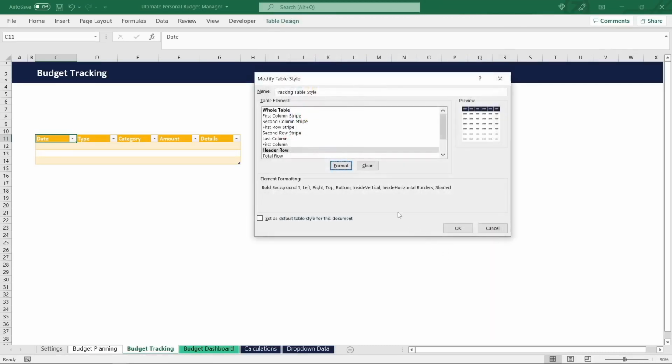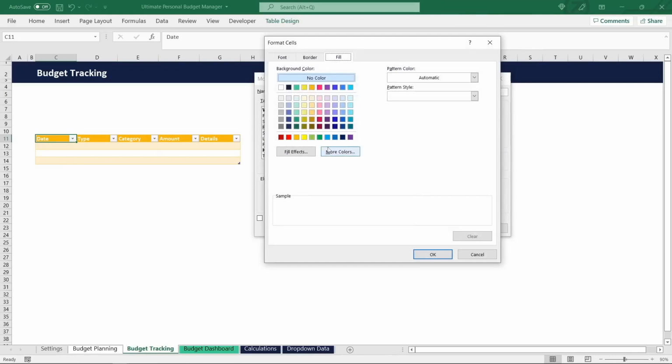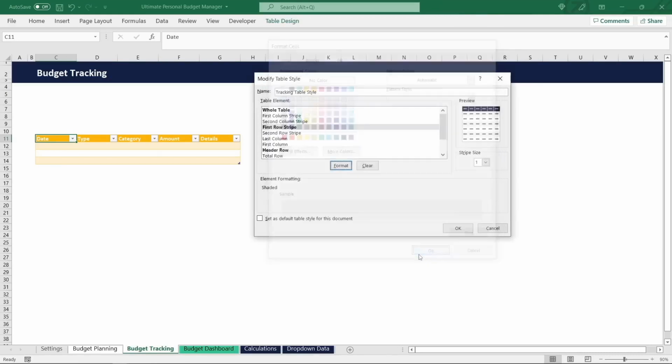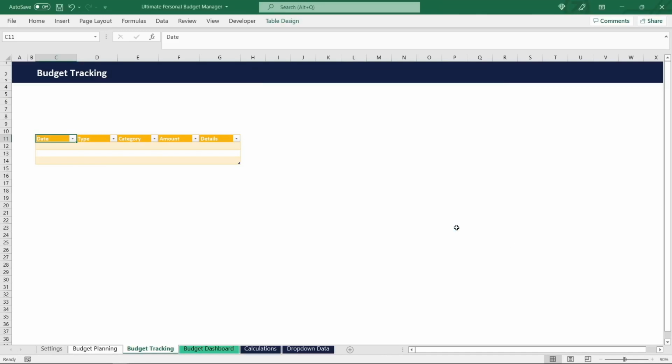For this table style in particular, we want to add one additional element, which is the first row stripe, for which we set the fill color to this light gray. And as you see, the first and second row stripe basically allow you to define alternating fill colors for the table content rows, and for a transaction tracking table like this seems to be an appropriate design. Let's apply this new table style,